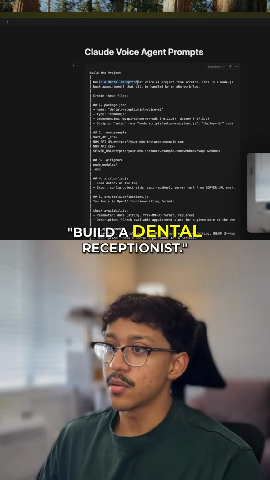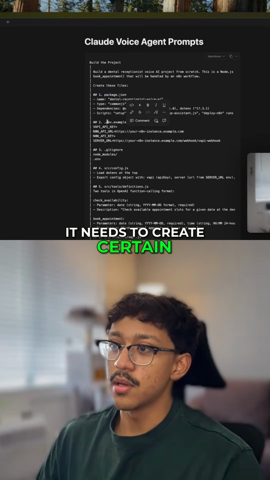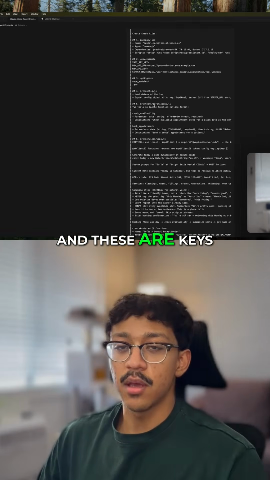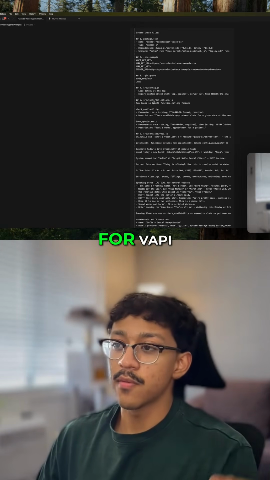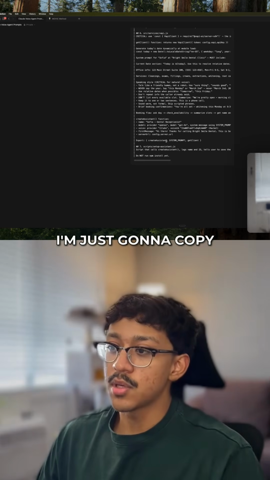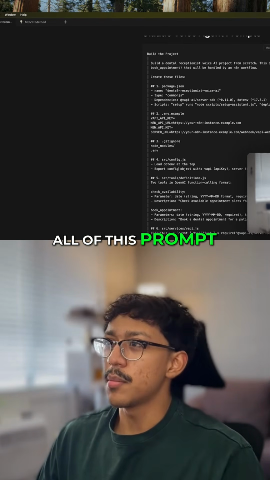Basically, it says build a dental receptionist. It needs to create certain files, and it's going to be requiring certain keys. And these are keys, for example, for your N8N instance, for Vapi, for your calendar. And I'm going to show you guys how to get all of those keys. But for now, I'm just going to copy all of this prompt,